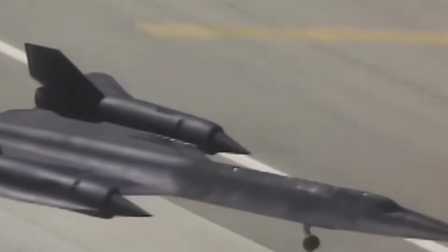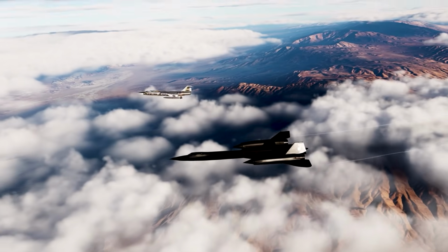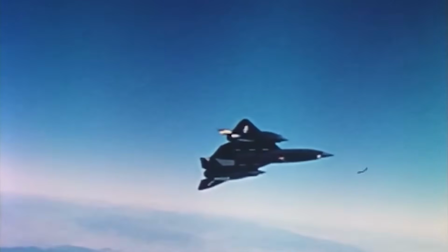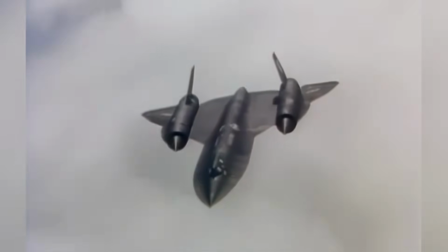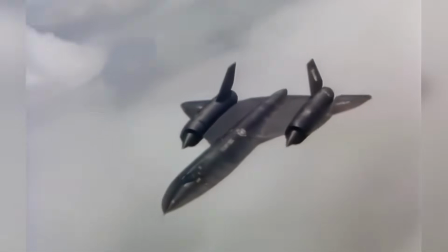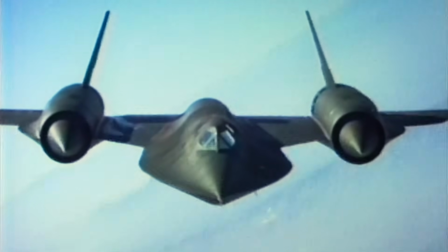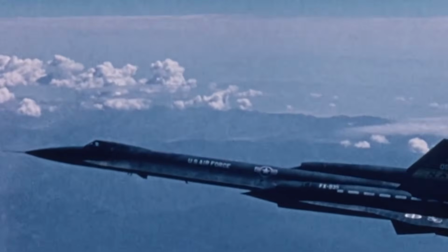At Mach 3.2, losing thrust on one side of a twin-engine aircraft produced a yawing moment violent enough to slam the pilot's helmet against the canopy hard enough to cause injury. Early SR-71 pilots experienced unstarts regularly before the inlet control system was refined, and the experience was described consistently as being hit in the head with a bat while sitting in an aircraft that was suddenly trying to rotate sideways at 2,200 miles per hour. And the system could also cascade, one unstart disturbing the airflow enough to trigger an unstart on the other engine, leaving the aircraft momentarily on no thrust at all at an altitude and speed where a recovery was possible but